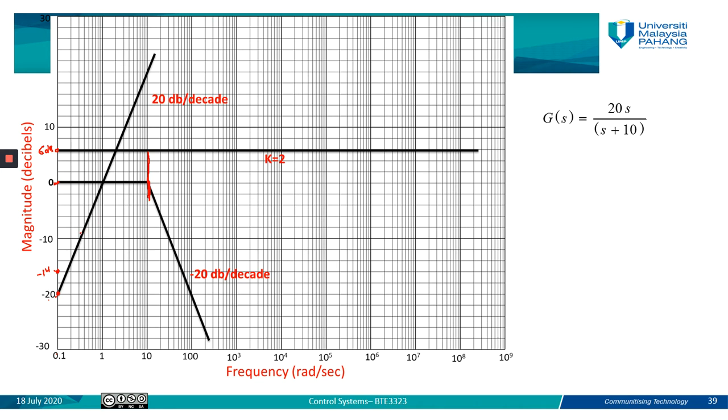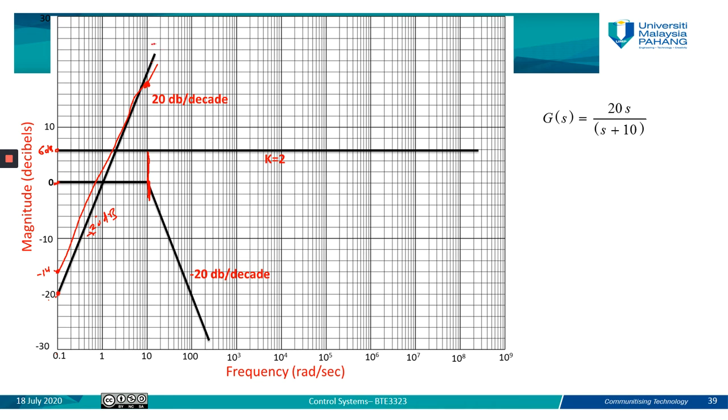Until this line, we only have plus 20 dB. We just continue to draw the line with the same slope of 20 dB per decade until we reach this point. At this point, we have another component which comes into consideration, which is the negative 20 dB per decade. So before this point, we only have positive 20 dB, but after this point, we will have